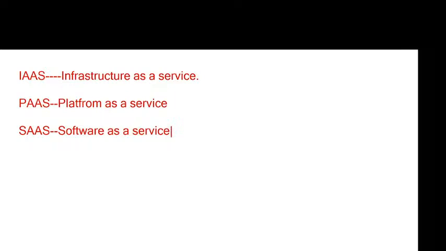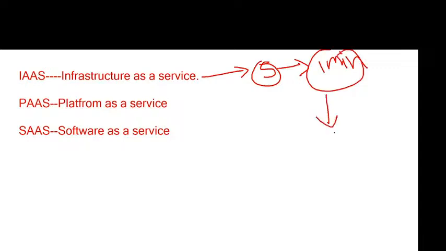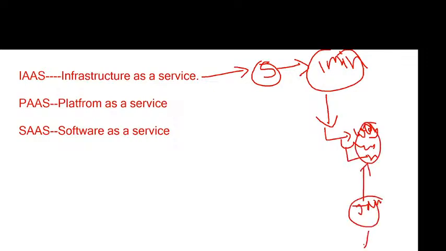One is IaaS, infrastructure. They will provide the infrastructure, while application development and deployment should be managed by yourself. For example, you would like to deploy one Java application. For that you need to build 5 servers. Go ahead and build 5 servers within a minute. Then to host the Java application, we have to install web servers like WebLogic, WebSphere, JBoss, or Apache Tomcat, and on top of it host your Java application.